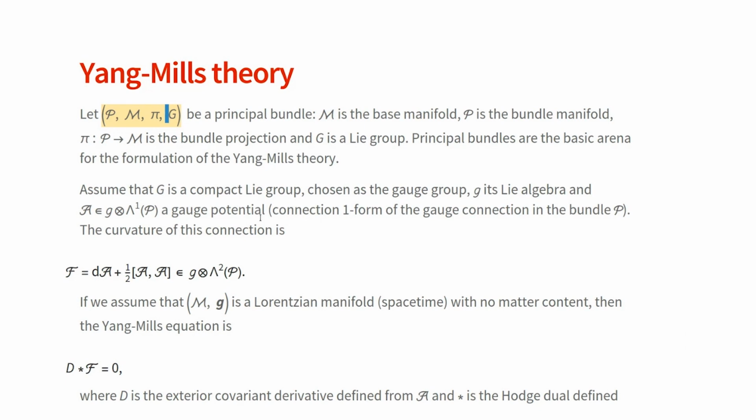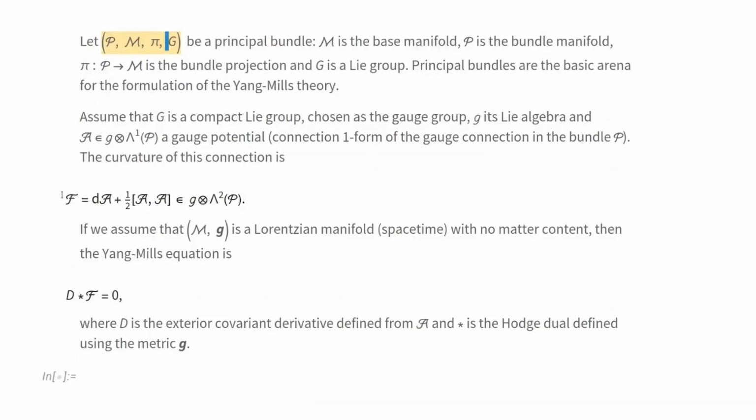Then we define a connection, the gauge connection, in the principal bundle P, and it can be shown that this connection is represented by a Lie algebra valued one form,